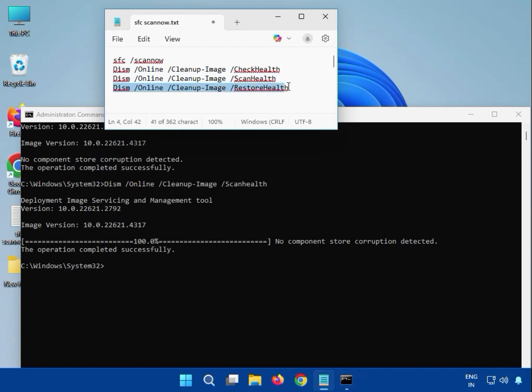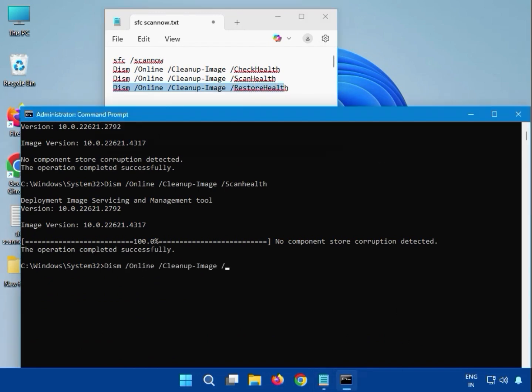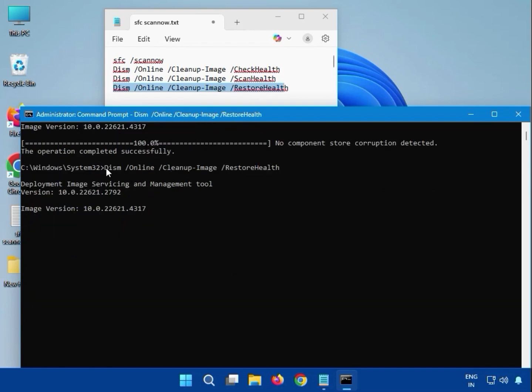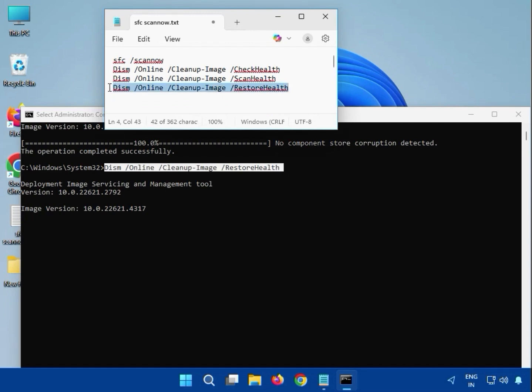Then guys, fourth one, which is restore health. You can see here, you can enter like DISM and all. And please note small and capital. Okay, restore health, and then hit enter. Again guys, you have to wait. Okay, the percentage starts. It will complete. After that, you can see here